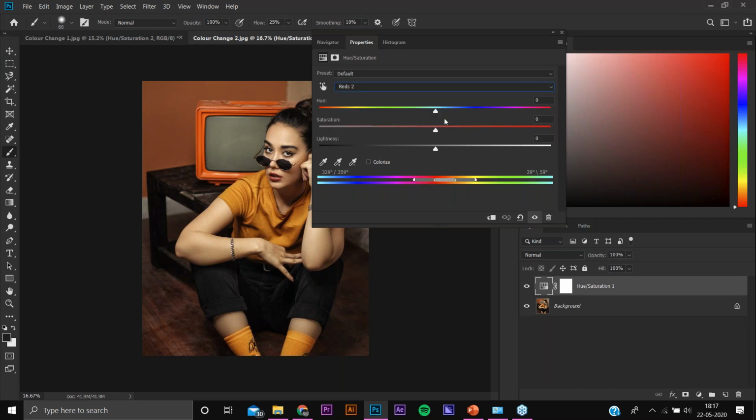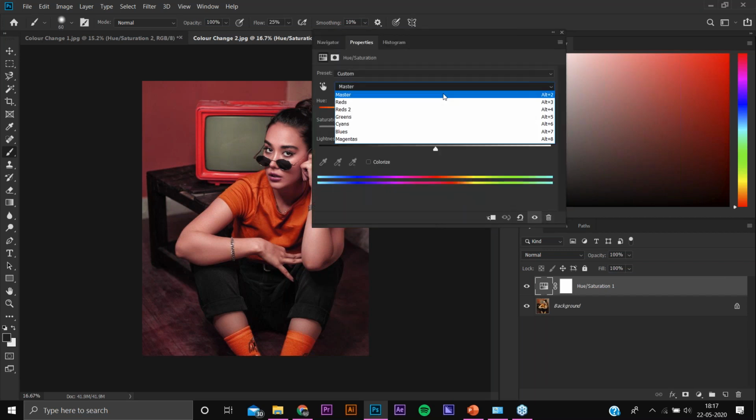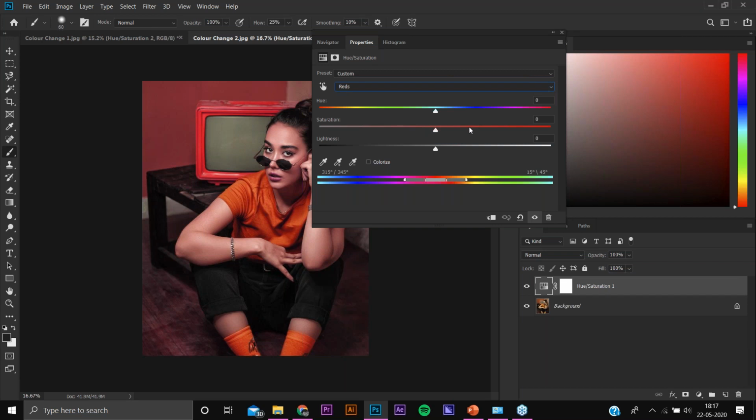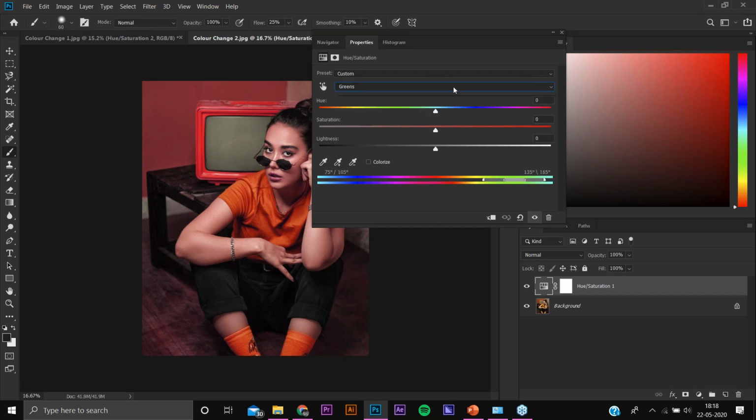और रेड 2 में जाएंगे तो it's like I have not done any adjustment, but I will show it once again. If we have done this in the green and now we will be closing it again opening it. So अगर हम रेड में जाएंगे तो रेड में हमें कुछ नहीं मिलेगा as पहले भी था, हमें ग्रीन्स में भी कुछ नहीं मिलेगा, साइनेंस में कुछ नहीं, बट रेड 2 में होगा.